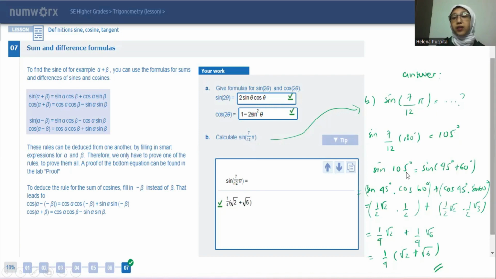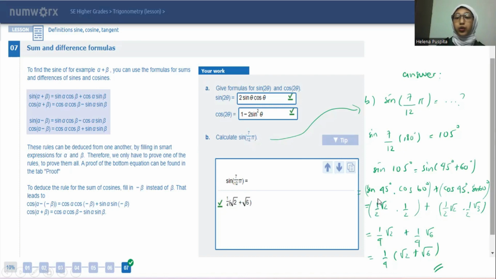Sine 105 degrees equals sine of 45 degrees plus 60 degrees. And then sine 45 degrees times cos 60 degrees plus cos 45 degrees times sine 60 degrees equals